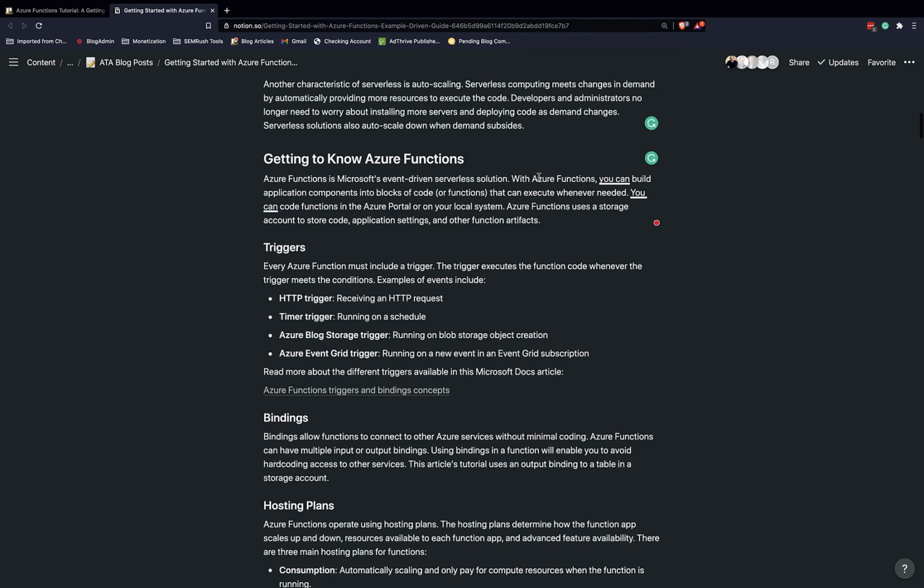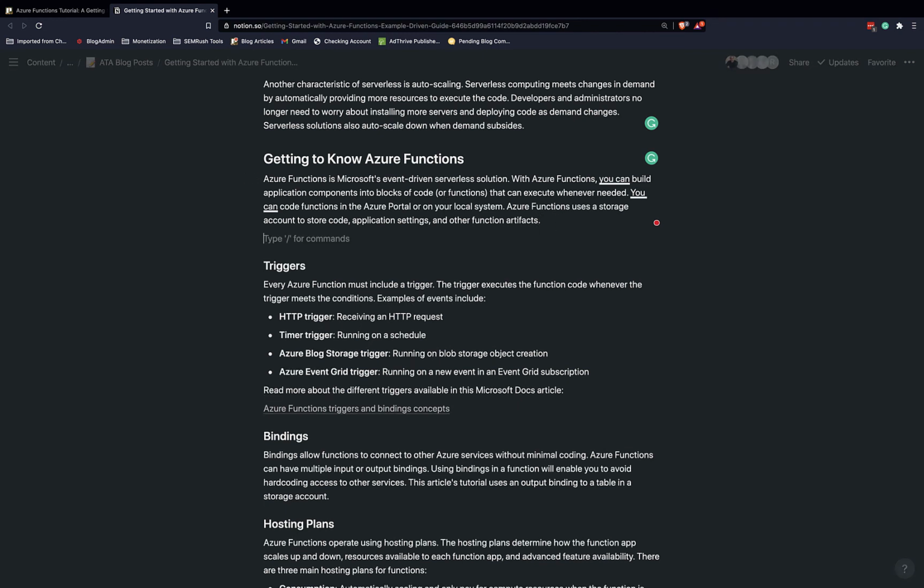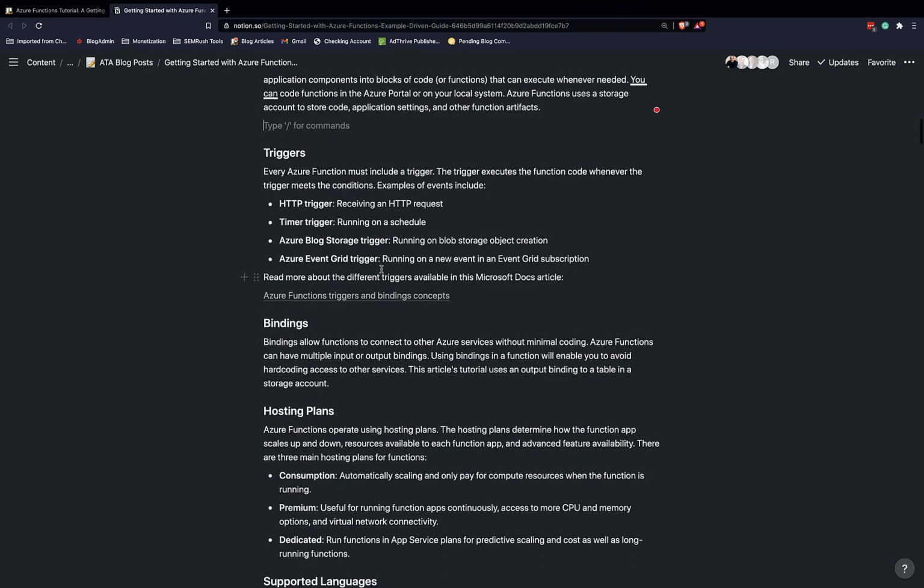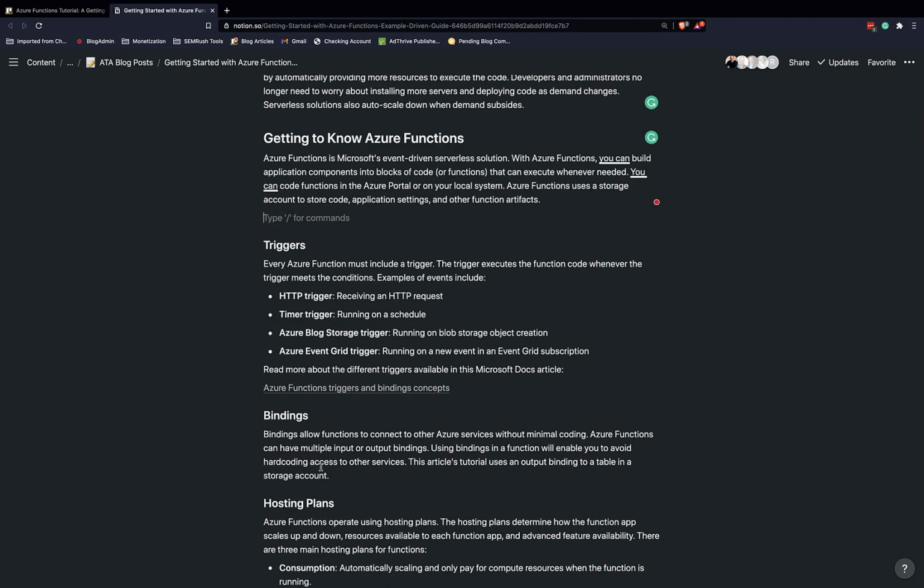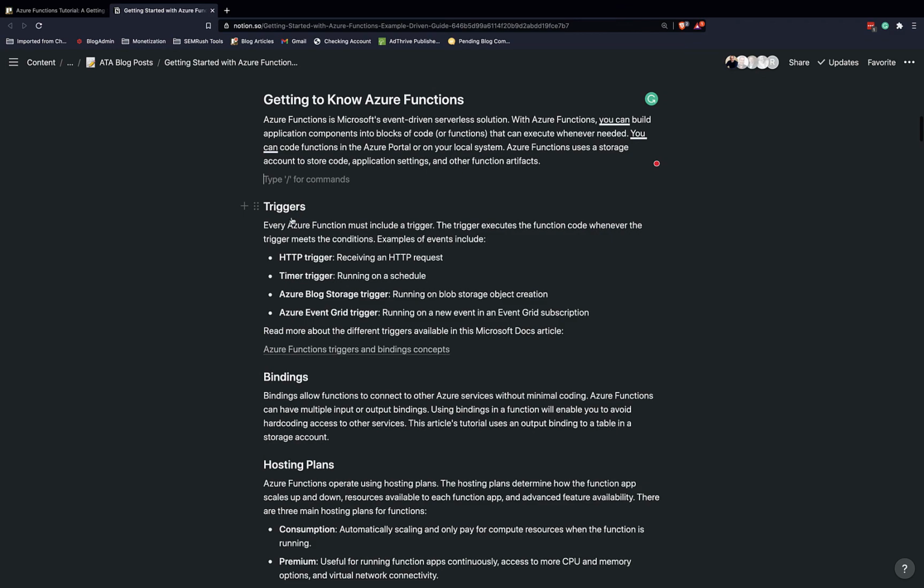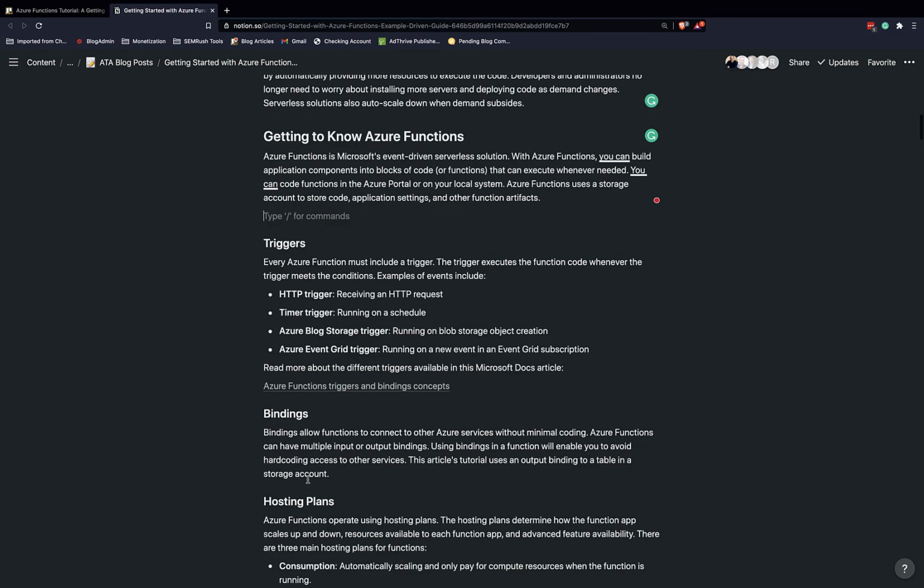So first up, he didn't do a good job with the transition. This seems kind of bunched together, and here he doesn't necessarily introduce triggers, bindings, hosting plans, and all this stuff. He doesn't connect this concept with what he's going to talk about down here. So if he's going to have triggers, bindings, and all this other stuff, I mean, he could connect this together